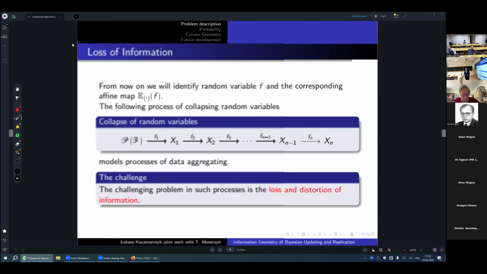So they are the plain old affine maps, nothing special. Okay, so thanks to that, from now on, we will identify F with this affine map. So don't be confused that you stop seeing this one. It will be simply